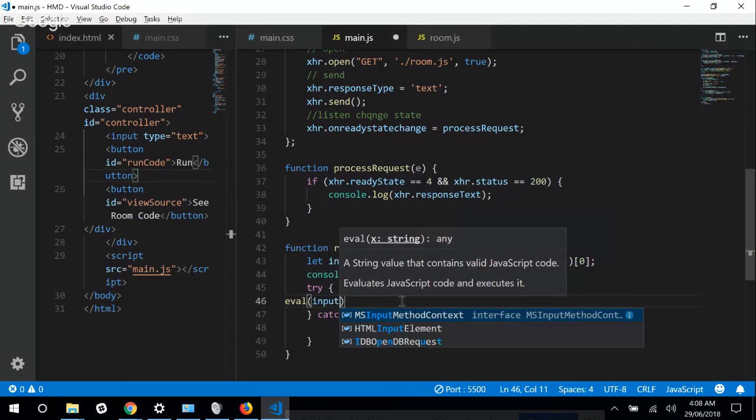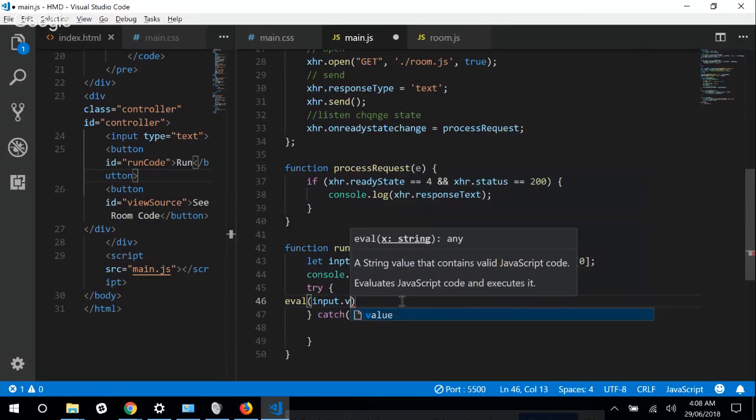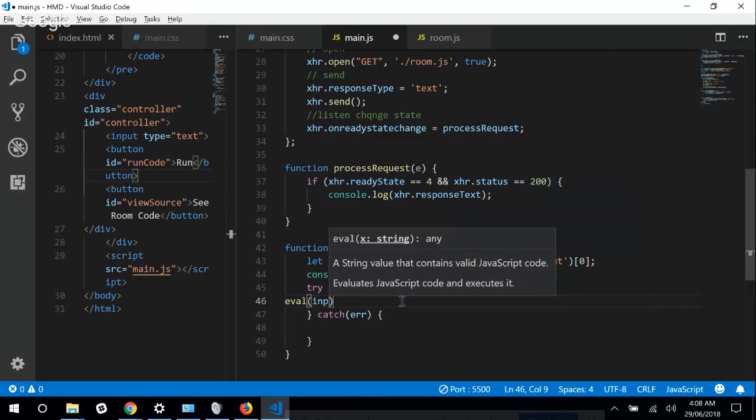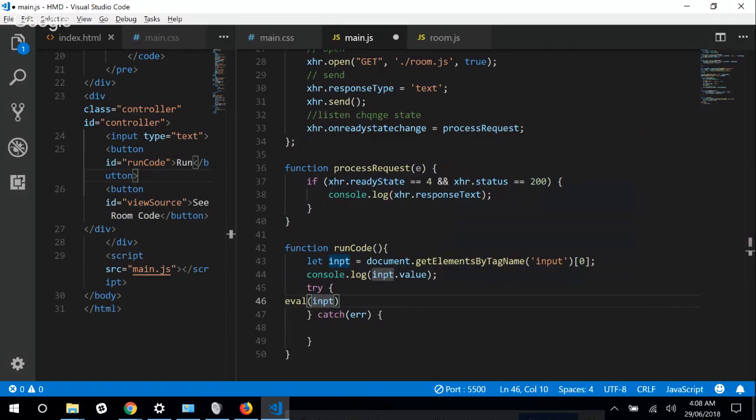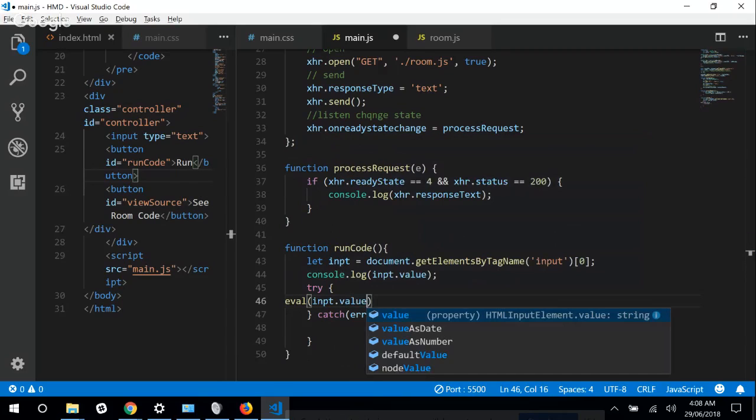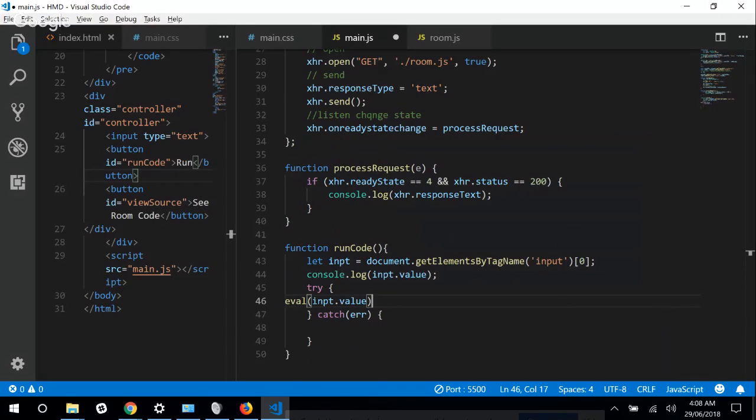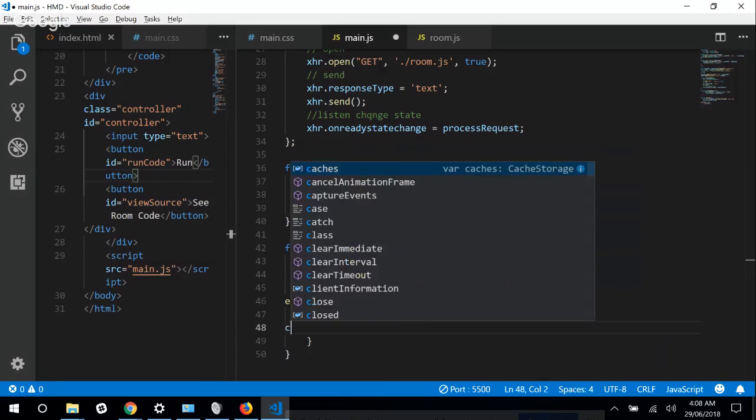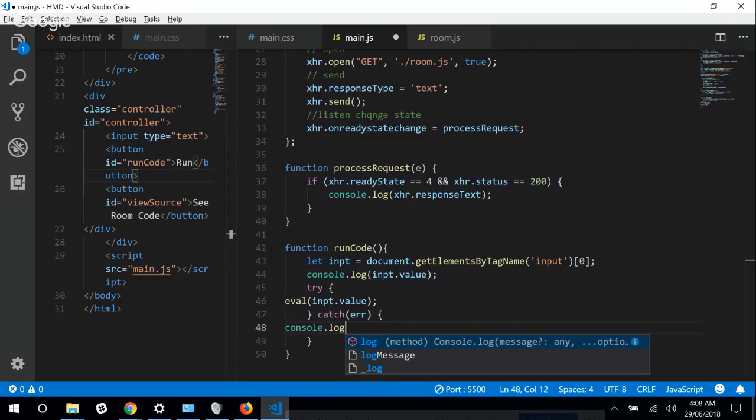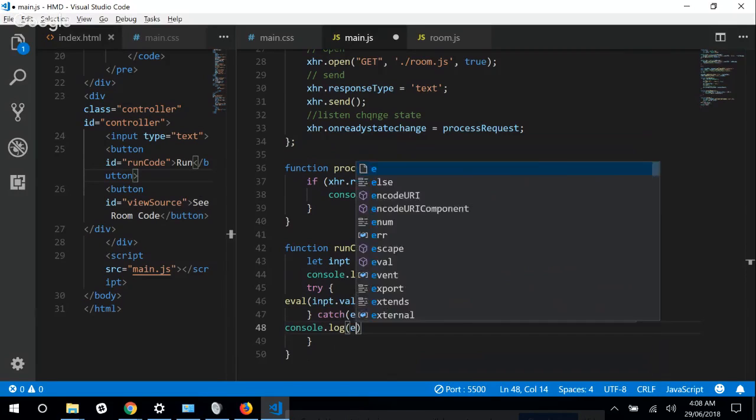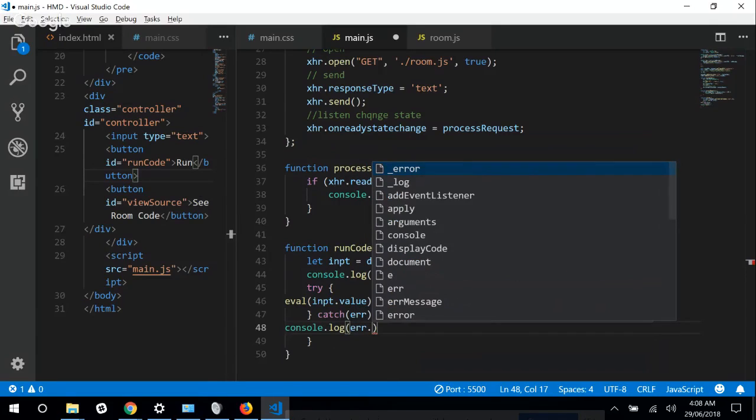Inputs. The ENPT, I think it's like this. ENPT value. And I guess that catch error, it's console log. That's a function, right? Yeah, yes, this is a native function. Error. It's, okay,